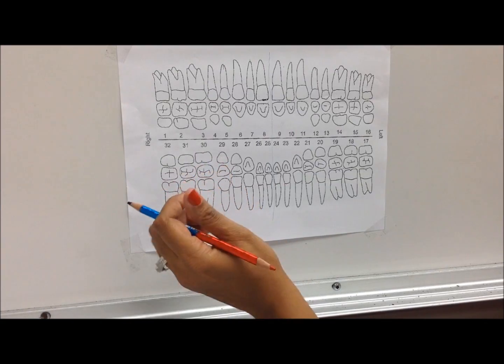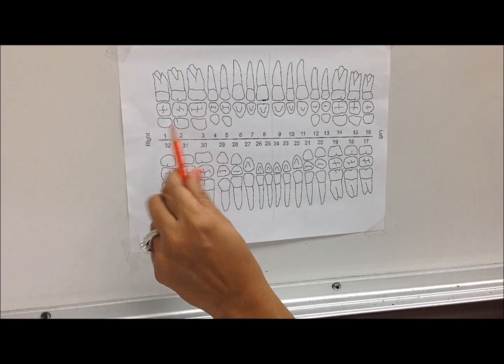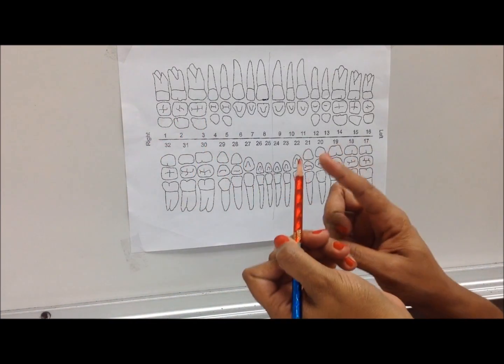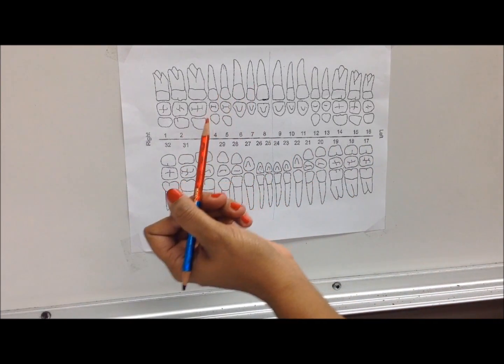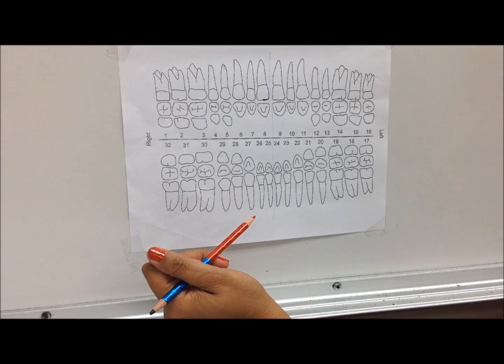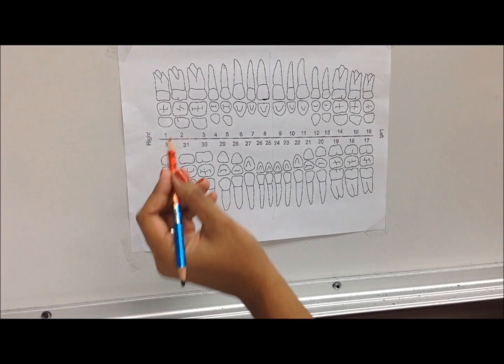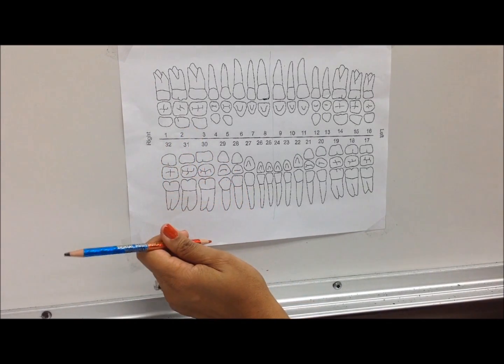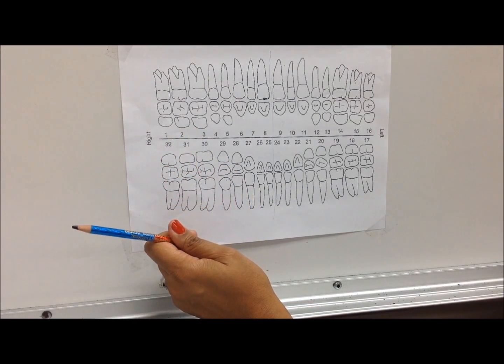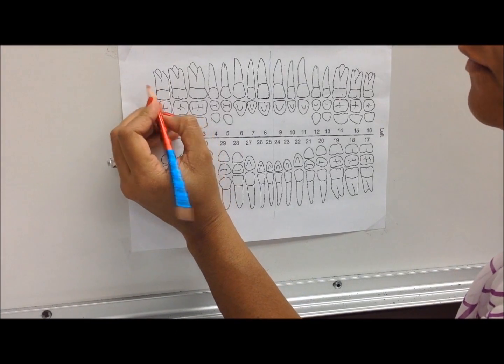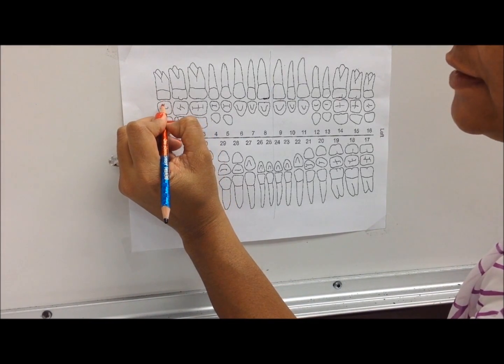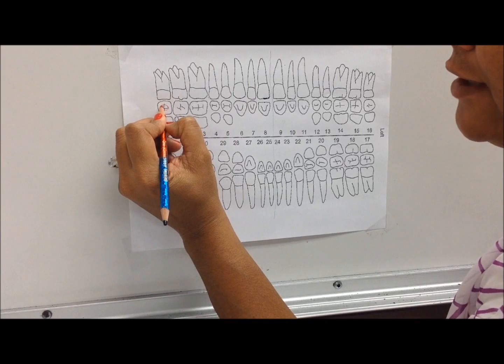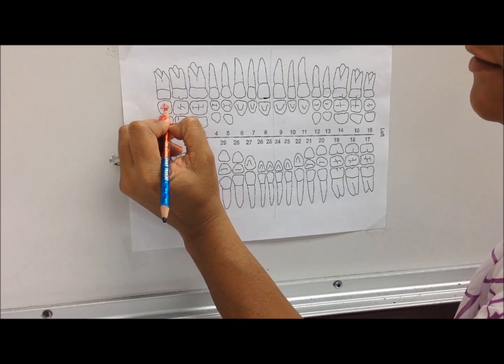if you're charting, say for instance, a mesial occlusal carious lesion on tooth number 1, of course you're going to use your red pencil because that's work that needs to be complete. So when I chart, I already know that it's going to be an MO carious lesion. So I'll chart my O first, which is my occlusal surface, and it's a carious lesion, so I'll color it in